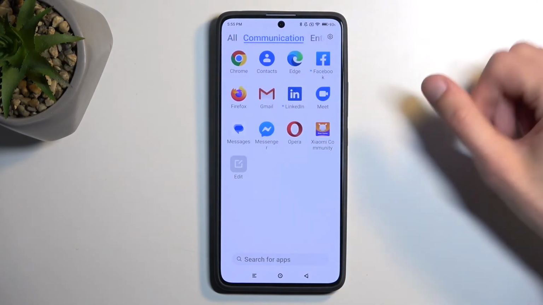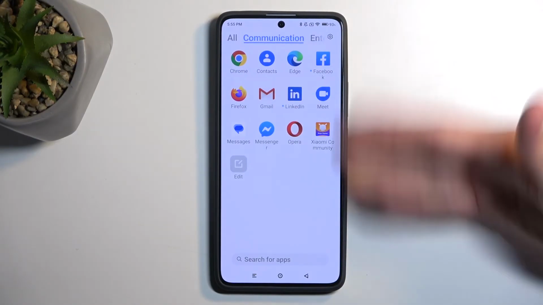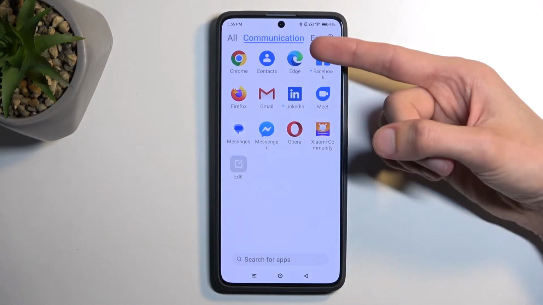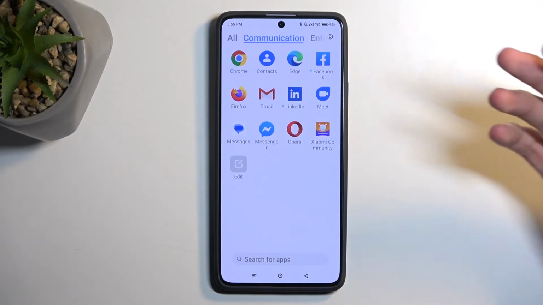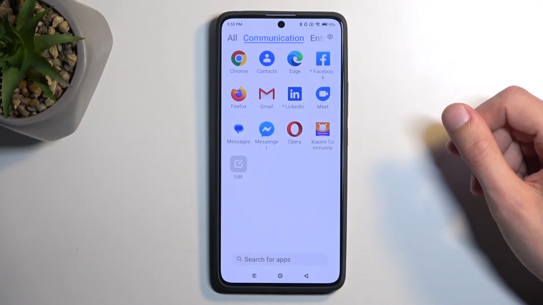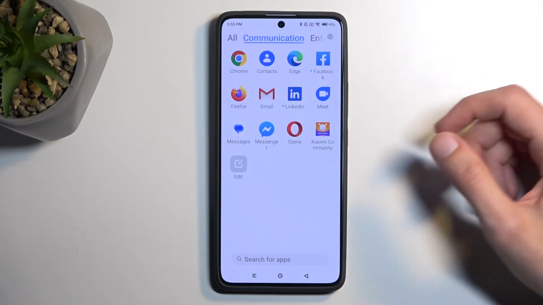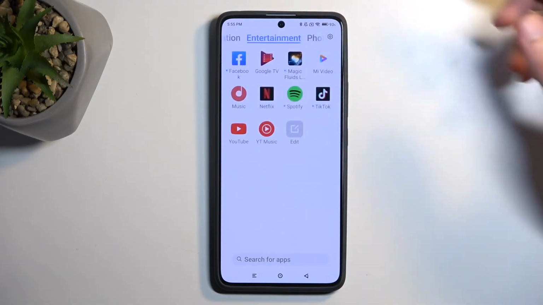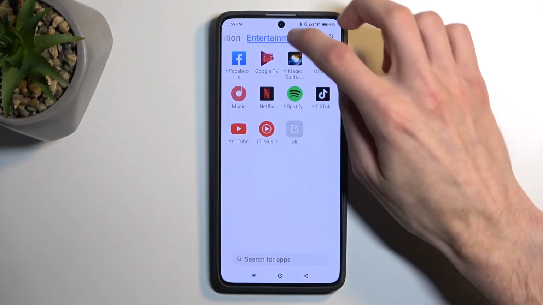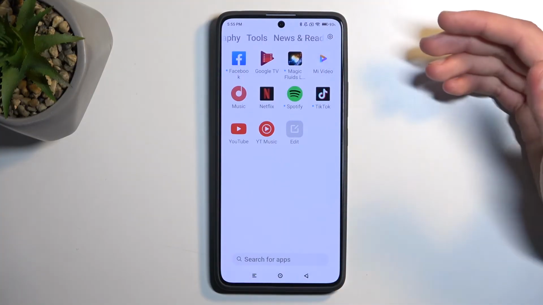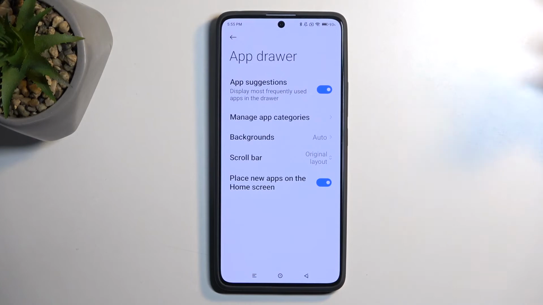Now, what this actually does is categorize certain applications to its category, like communications. As you can see, we have communication. Some of them don't really fit in this category, like browser. Not really sure why browsers are in here. They might fit a little bit better in entertainment, but whatever. Photography, tools, news. You can also edit these, so you can add new groups, create your custom ones, edit the